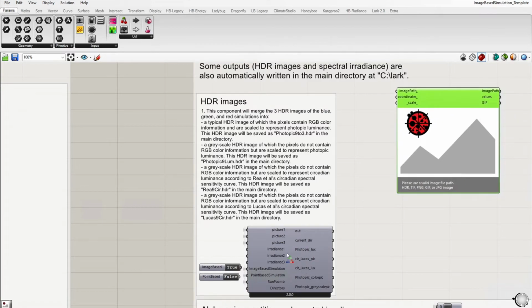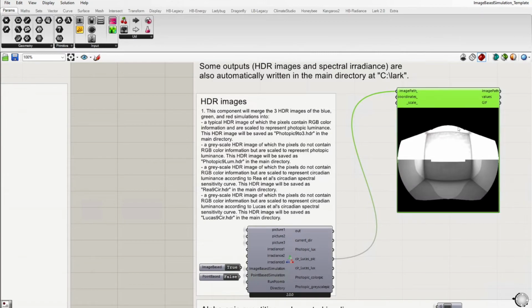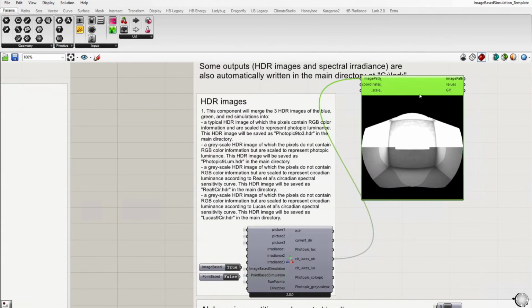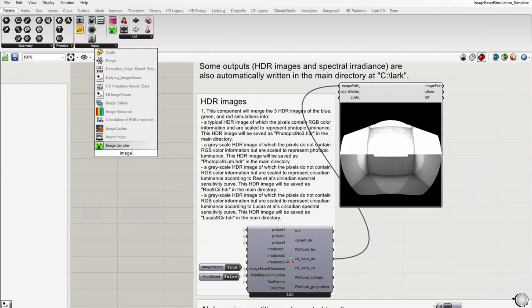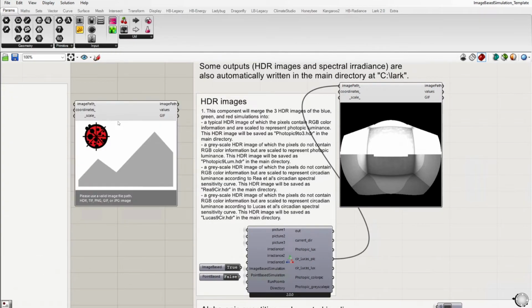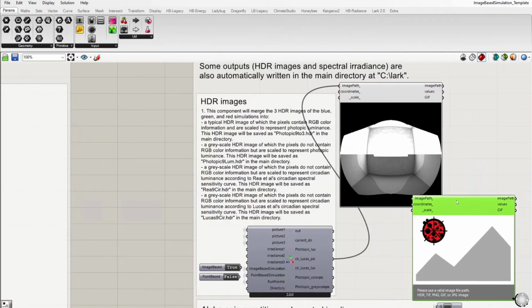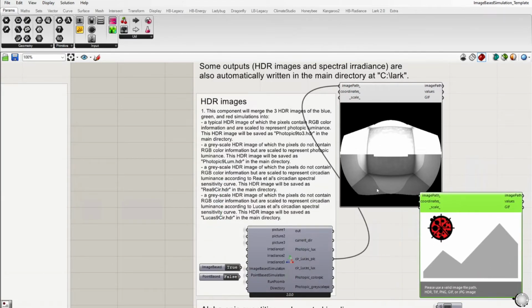So this component, which is one of the original components from Lark, gives you as an output the path to these HDR images, as you can see. And so I can just connect that to the image viewer and I have the image appearing here. So that's the first one. I can show you probably the second one. Here, so this one,